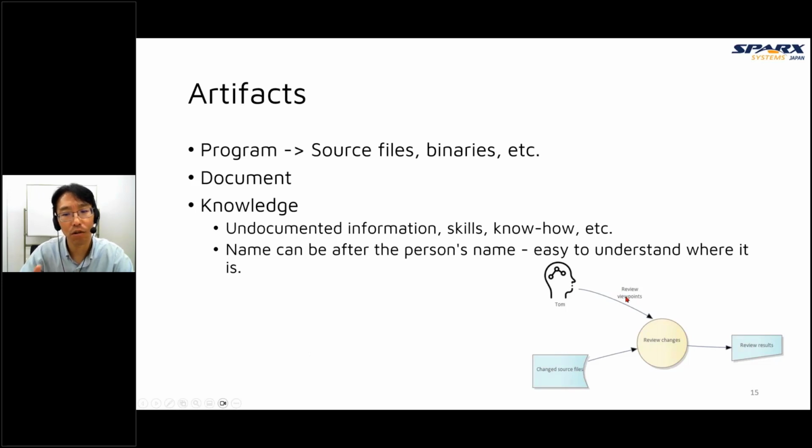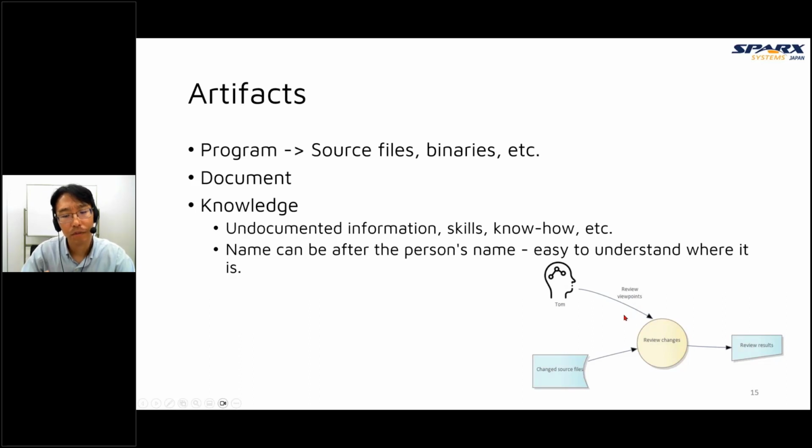There's no document about these review viewpoints. So to start this review change process, we need Tom. Tom is a key person. If Tom is absent, we cannot start this process. So Tom is a key person, and the review viewpoints are necessary information.